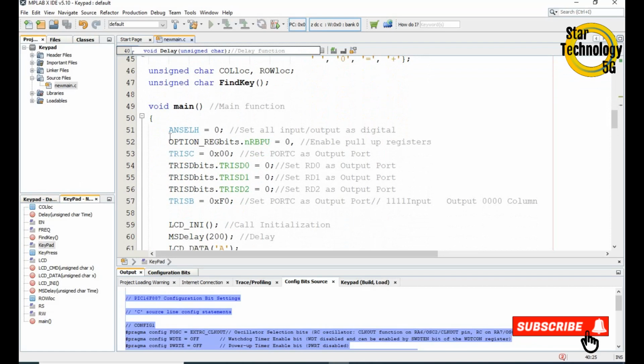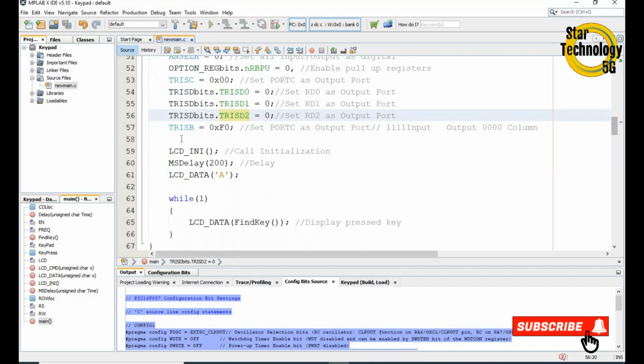In the main function, first of all we set ANSELH equal to 0. We will set our inputs and outputs as digital. After that we will set OPTION_REG bit nRBPU equal to 0. It will enable the pull-up resistors at port B. After that we will set TRISC equal to 0x00. We will set port C as an output port, and we will set TRISD bits RD0, RD1 and RD2, these 3 pins, as output, and we will set TRISB equal to 0xF0.